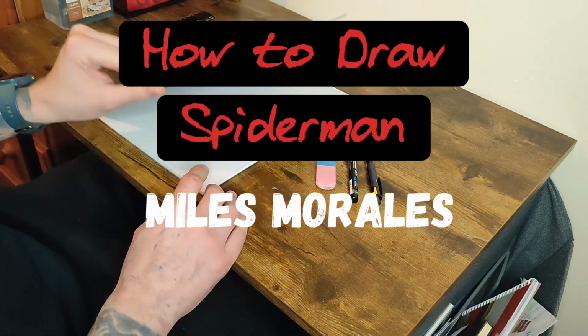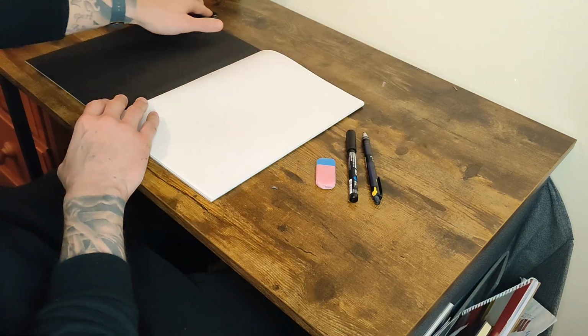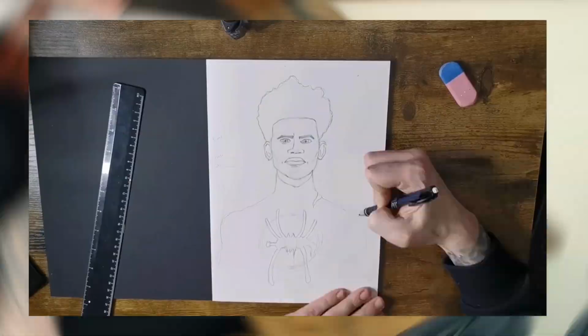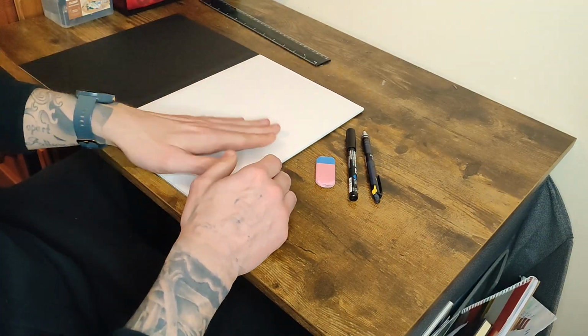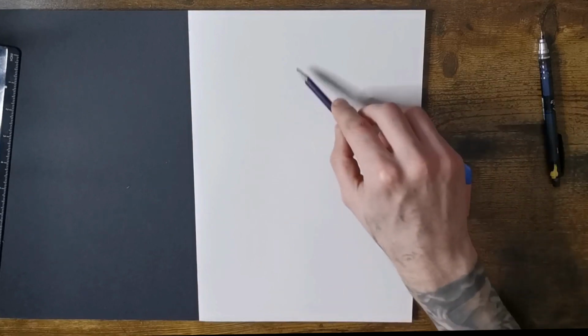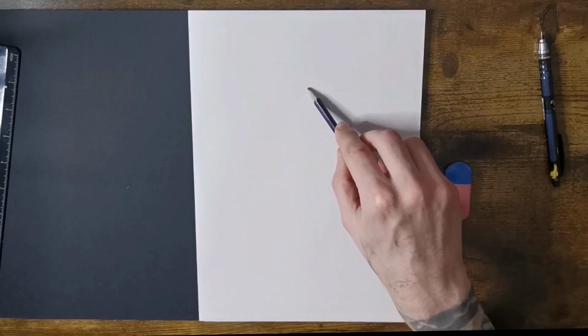How to draw Spider-Man Miles Morales across the Spiderverse. So I believe this movie comes out the 2nd of June, so we're a little bit early. But nevertheless, let's begin. So the first thing I'm going to do is I'm just going to use the HB